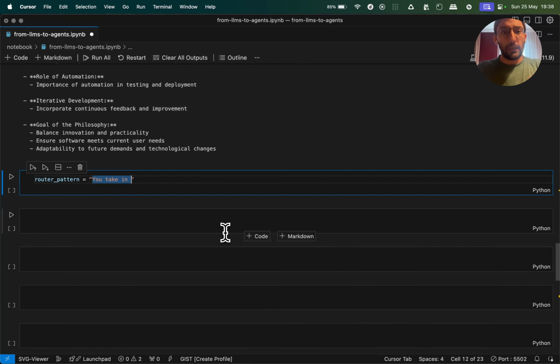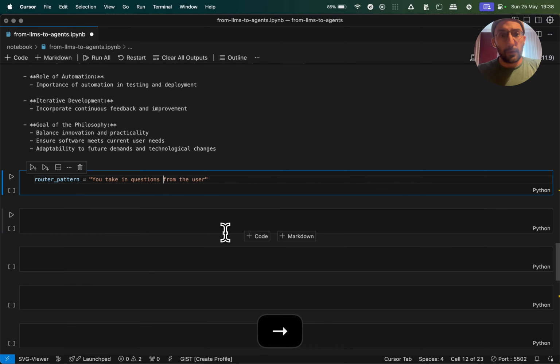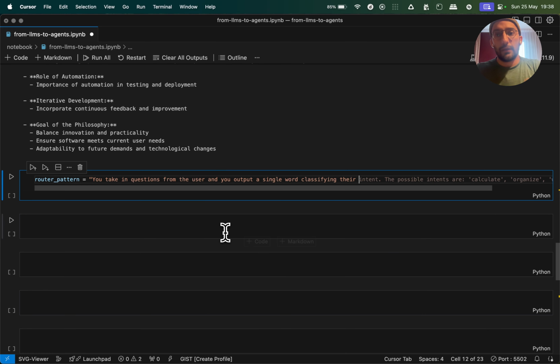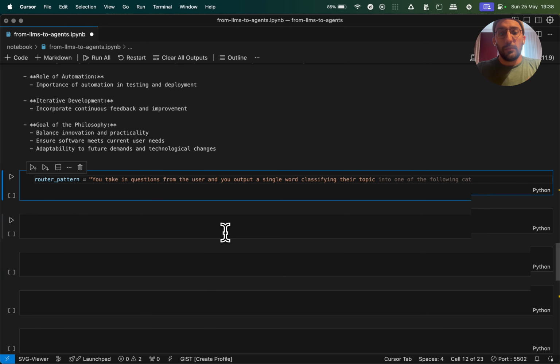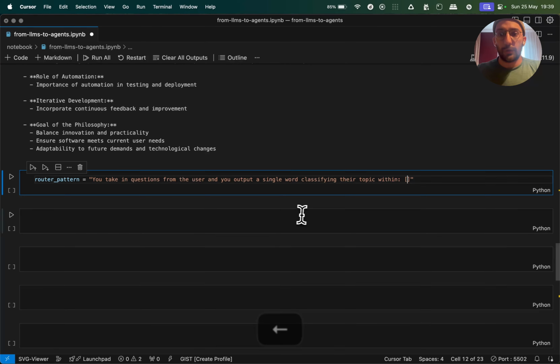You take in inputs from the user, you take in questions from the user, and you output a single word classifying their topic within. Then I'm going to give 3 options to the model, okay?